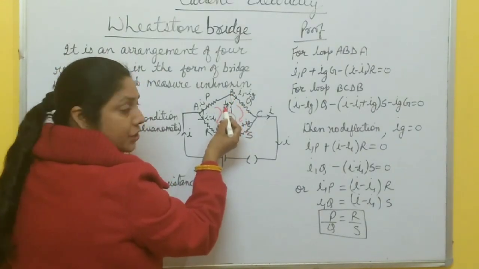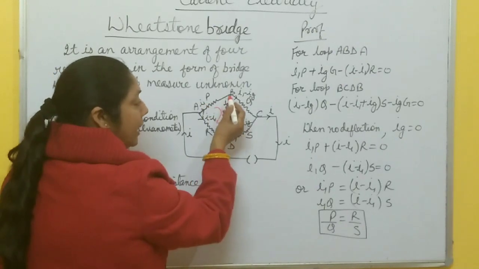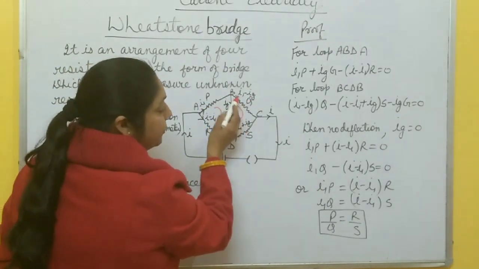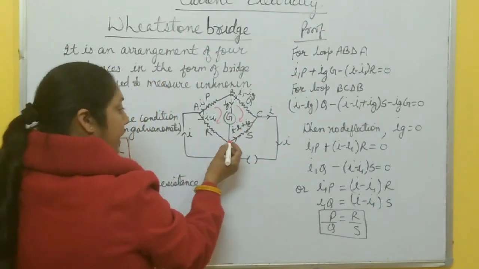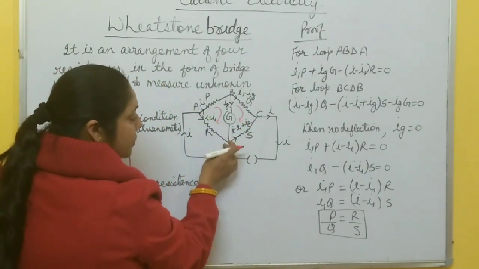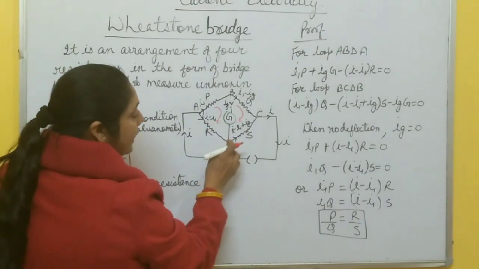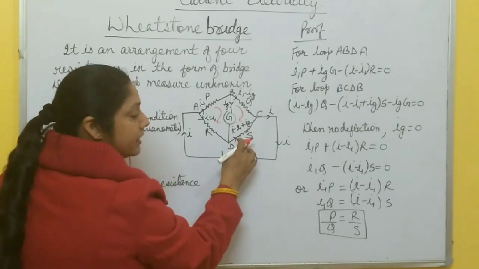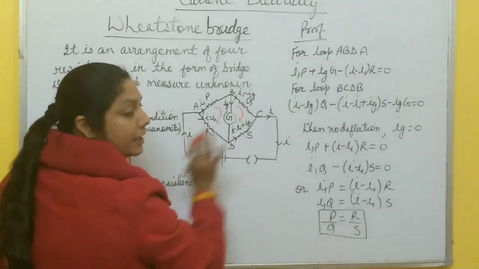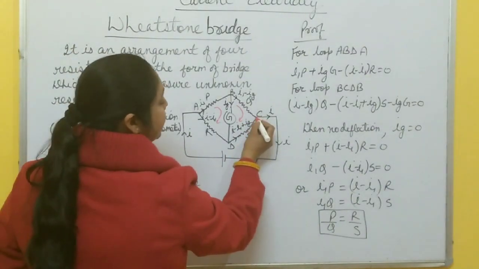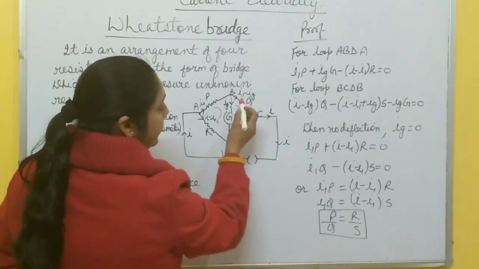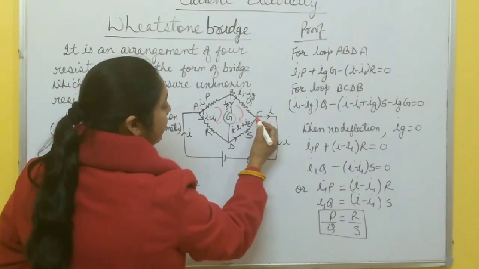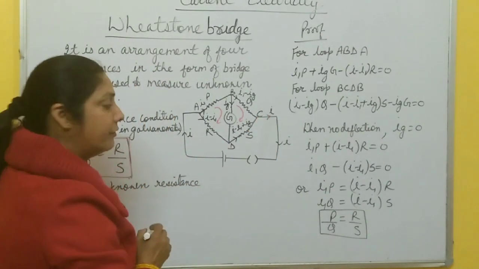Let us take it as Ig. Now out of I1, Ig is flowing through the galvanometer. Then the left current, I1 minus Ig, is flowing through this arm Q. Again at this point D, this current I minus I1 is entering, and Ig is also entering. So both are added, and along this resistor S, I minus I1 plus Ig current is flowing, and at this junction C, both these currents are added, I1 minus Ig and I minus I1 plus Ig, and it leaves I amount of current, right?